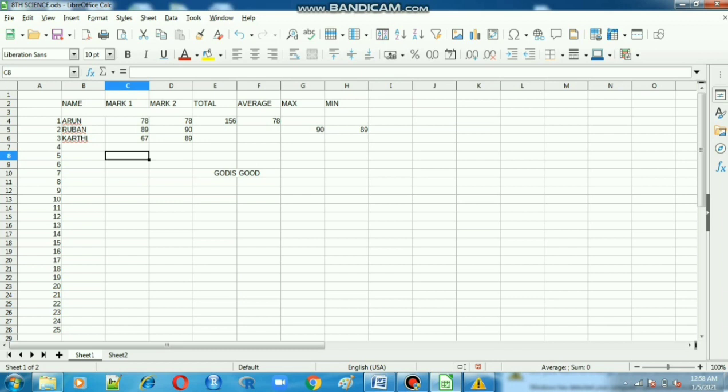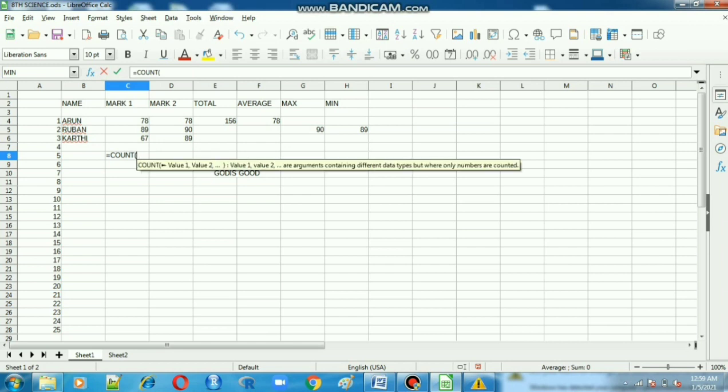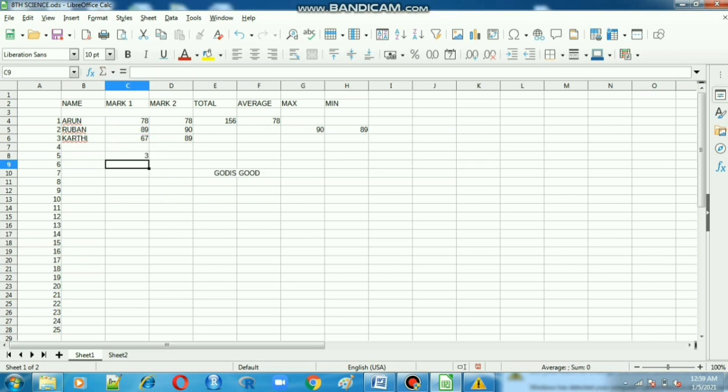Now I have to use the count function, equal count, and the count is 3, the values 1, 2, 3, 3 values only there. That is the use of the count function.